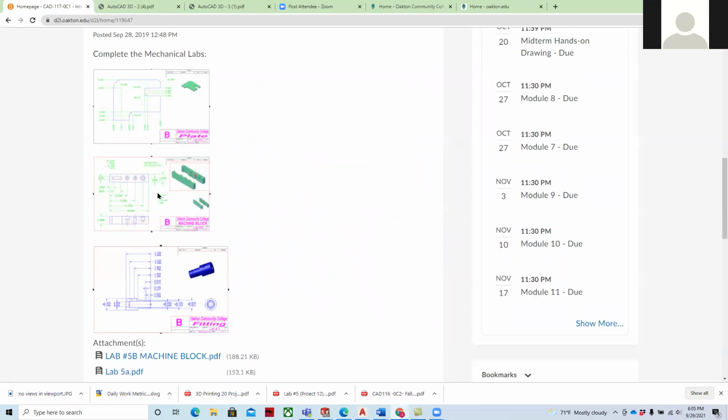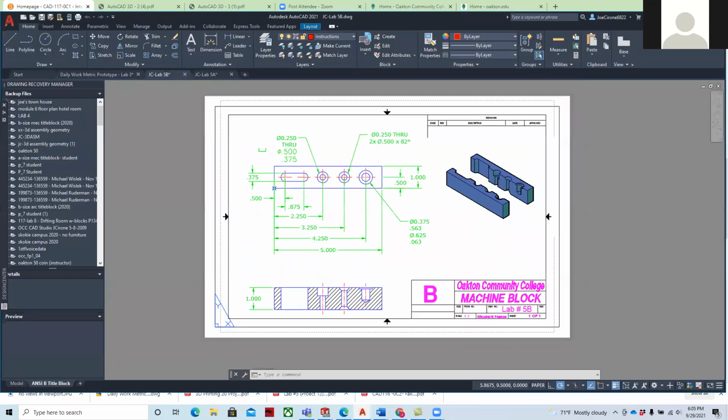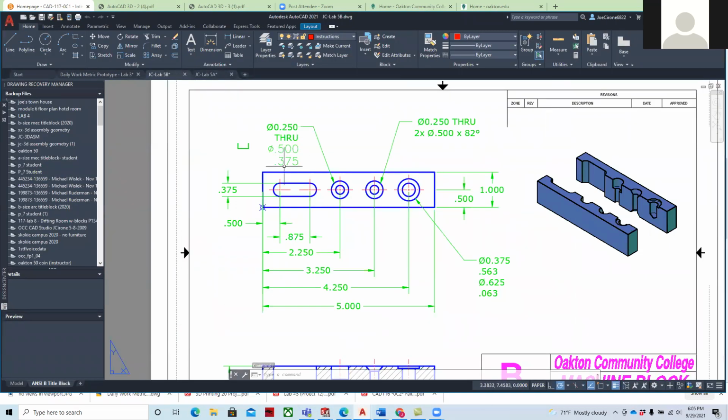And then the second drawing is this machine block with a section. If we take a look at that drawing, we're going to use some of these symbols here for creating the dimensions for the whole geometry. And so as we read this, this is a 1/4 inch hole all the way through with a